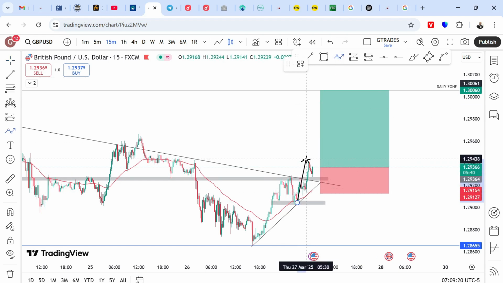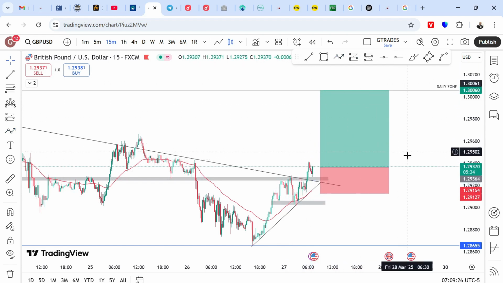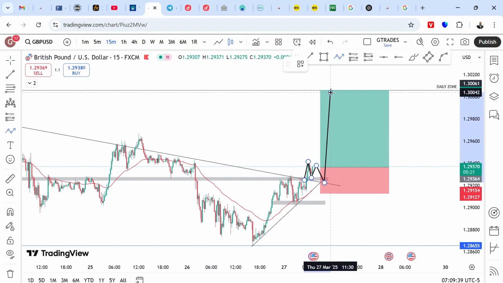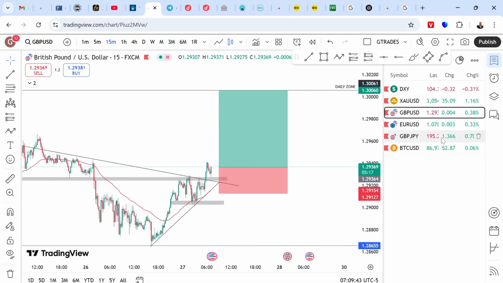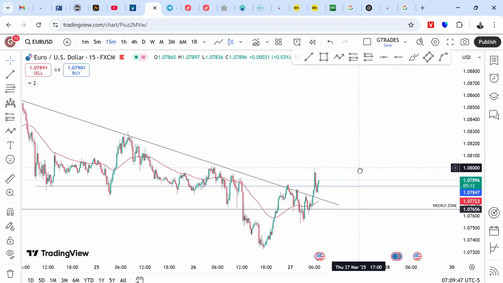You can see price broke out. Now I'm waiting for that retest, right? Now that retest again, I still have to wait for my confirmation, my confluences. My confluence is for this candle to close as a bullish engulfing candle, right? Or come back here and give me something like a double bottom here, then boom, right? Very smooth. The same thing I'm looking for on EURUSD, right? So you can imagine how you can quickly make good money.